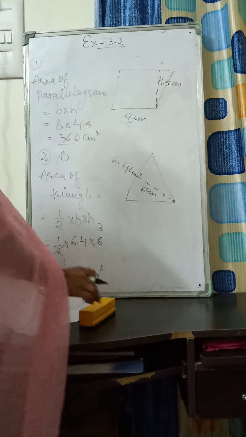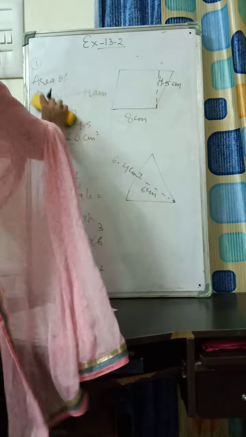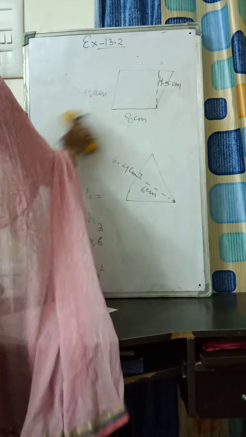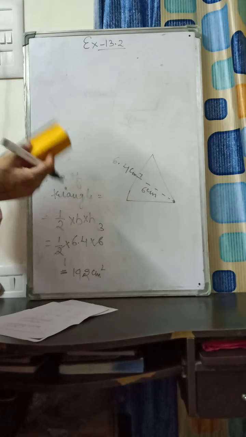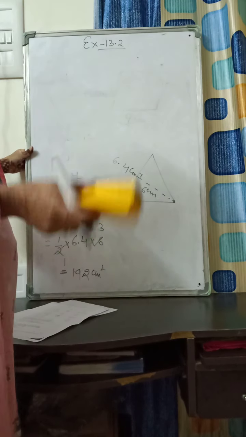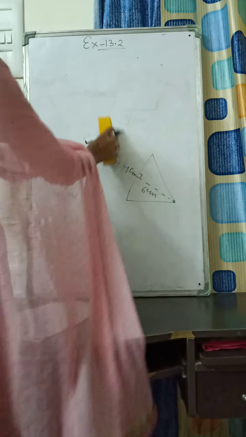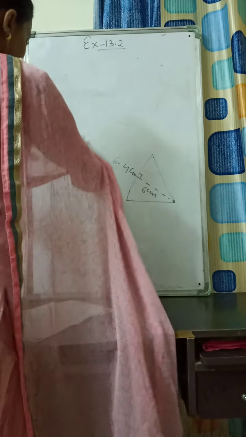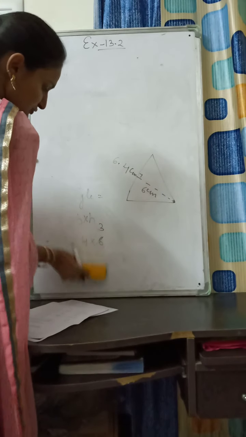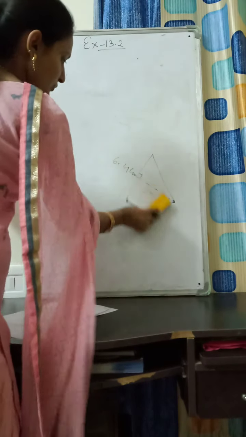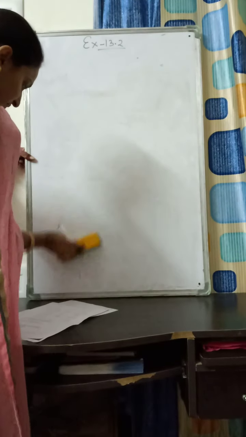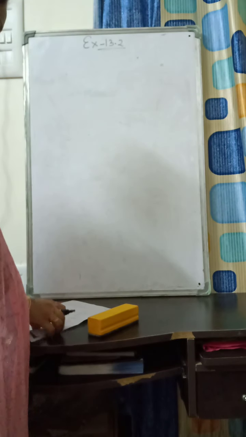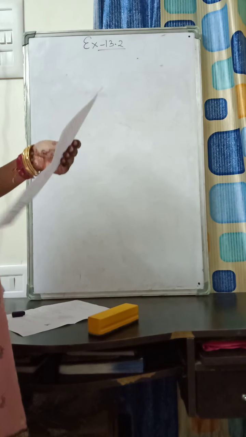Fine. Now the third question, students. In the third question we have to find the area of a parallelogram, and in some parts we have to find the height or the base, and in those questions the area is given. So we can do it one by one. We will take an example from a part of question 3. This table is based on the area of a parallelogram. So we will take an example of the second part.